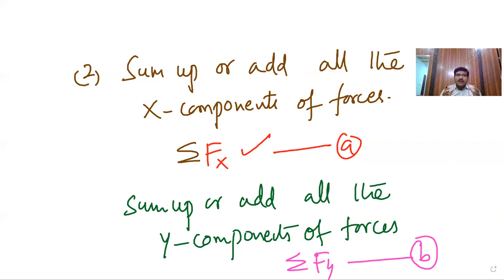In summing up, have the clarity that magnitudes along with direction sum up. Whatever net result you get will be the sigma Fx, with magnitude and sign. Similarly, the net result with magnitude and sign you will get in sigma Fy also. Clear? That's the second step. And the third step is,